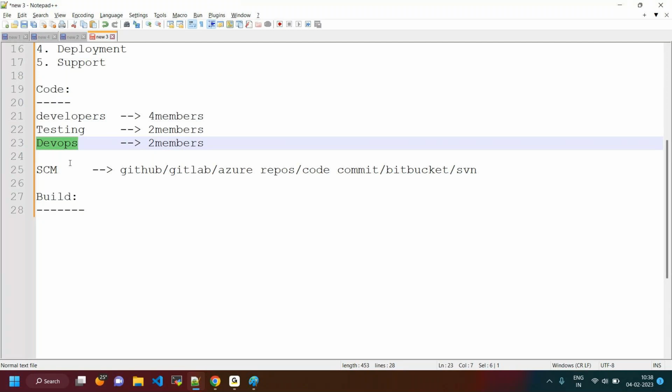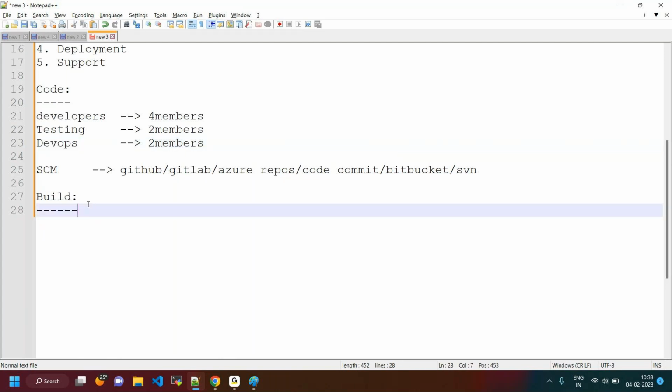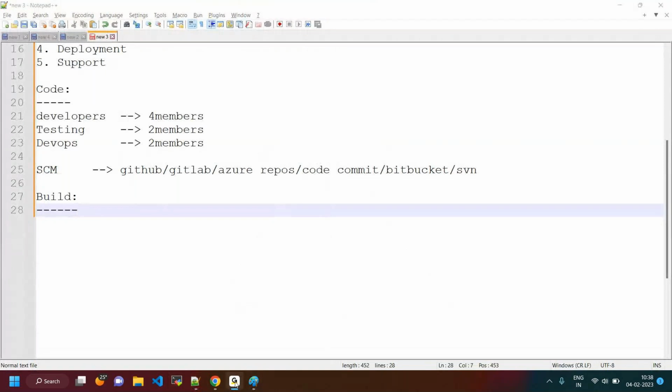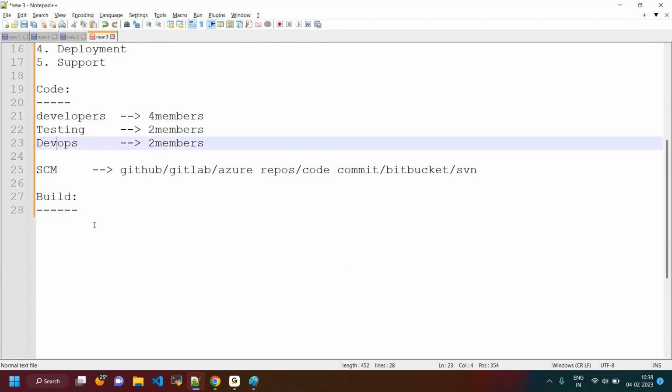In that case, what will happen? If they give their changed code to the DevOps team, the application will not work. Even one stray dot will stop it from working properly. Because of that reason, we are not going to share the code with the DevOps or deployment teams.